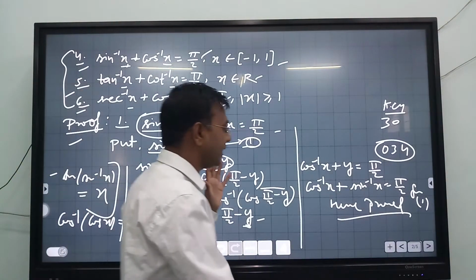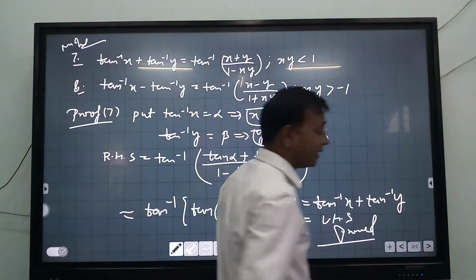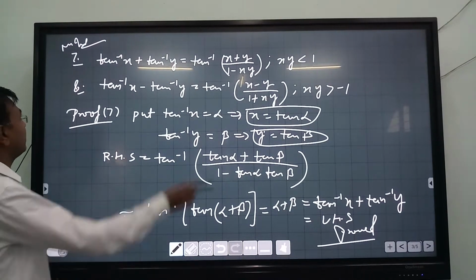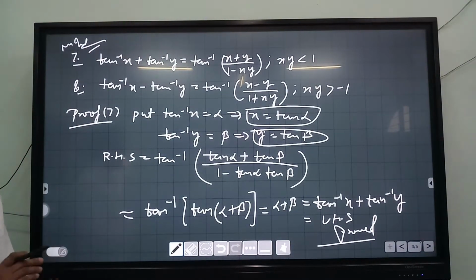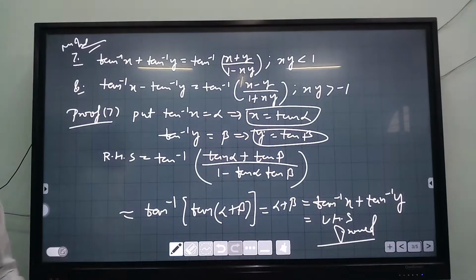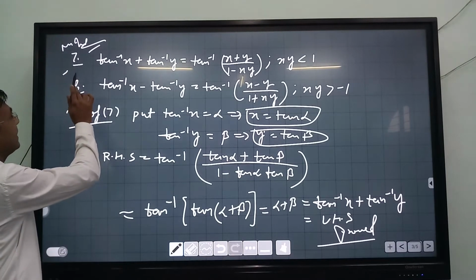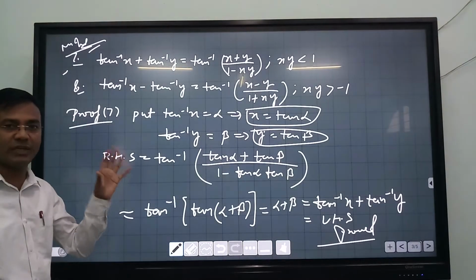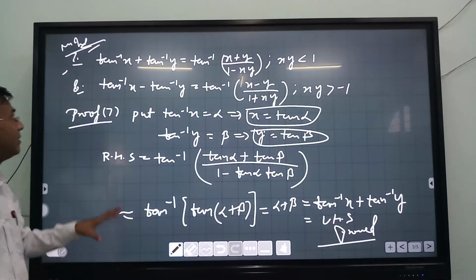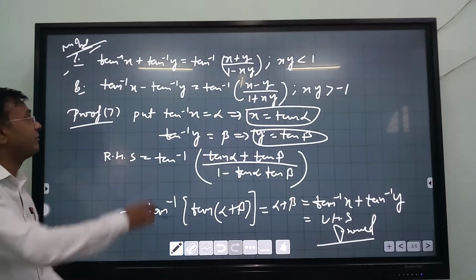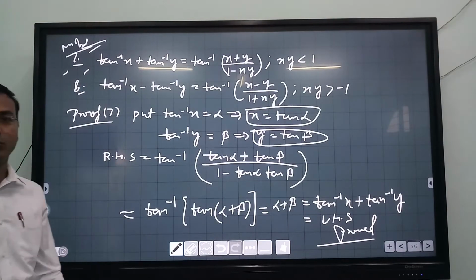These are very important identities, and without learning these identities you are not able to solve even a single question. Especially in inverse trigonometric functions you have to learn each and every identity with its respective proof, because in the board examination there is a 1 mark, 2 marks pattern, so you may be asked for these identities. Next, the most important identities. In fact each and every identity has a very important role for the exercise problems, but this becomes very important because it appears in frequent questions, and we will be using this identity most of the time.